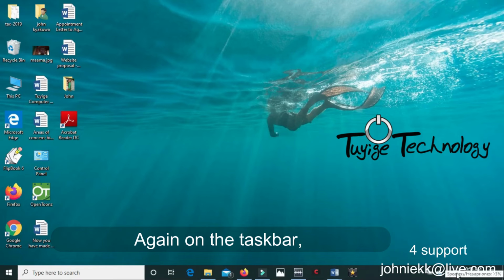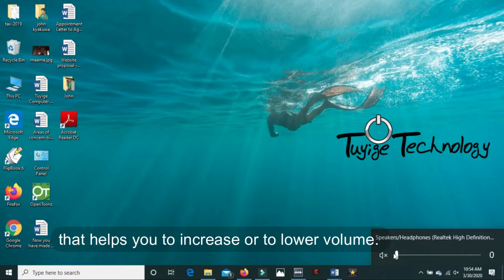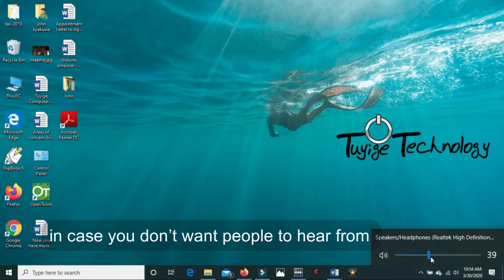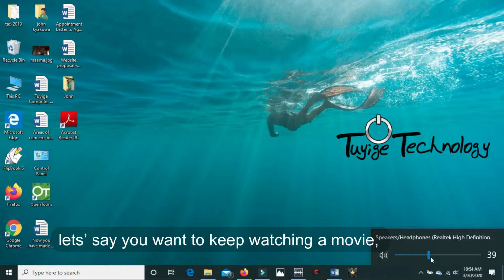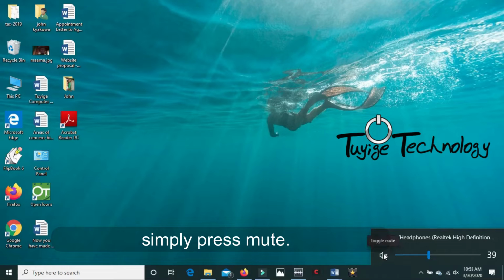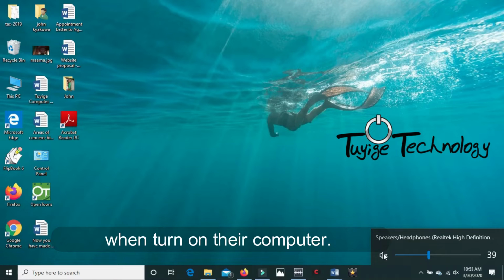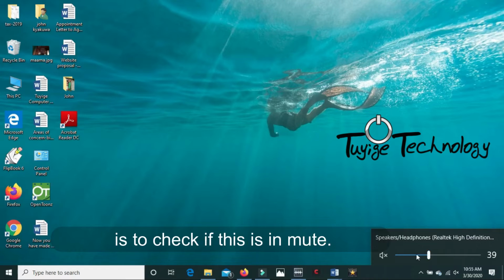Again, on the taskbar there is a speaker, an icon or a tool that helps you to increase or lower the volume. There is what we call muting the sound. In case you don't want people to hear from your computer but want to continue watching, for example you're watching a movie, simply press mute. The sound will go off completely. This is sometimes a challenge. In fact, some people when they come to use computers can't hear sound when they turn on their computer. If you can't hear sound from your computer, the first thing to do is to check if this is in